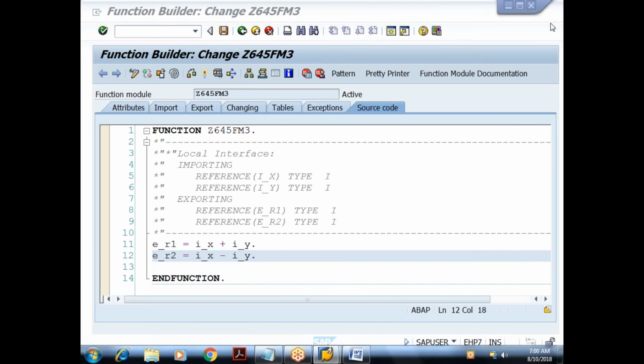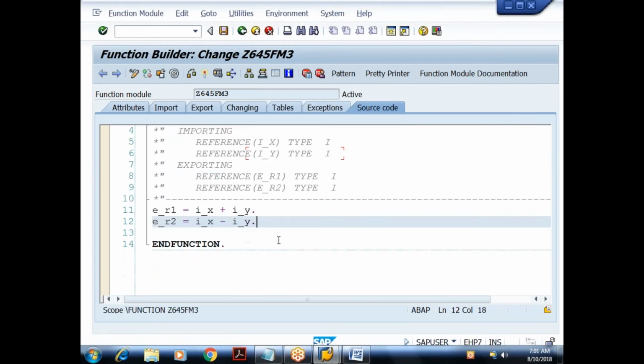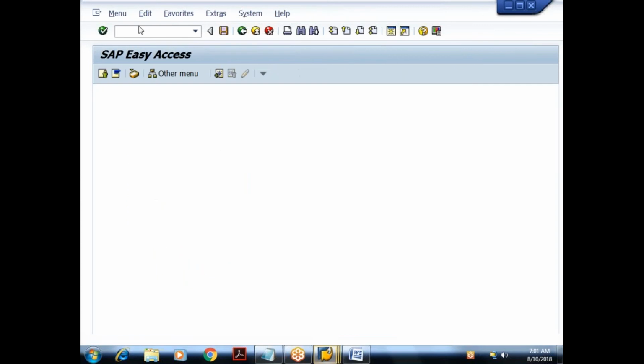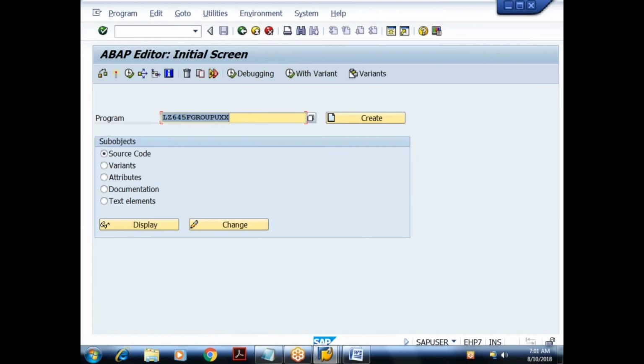Okay, right. So now let me try to call it from the executable program. So I'll create an executable program. Right. So I'll go to SE38.